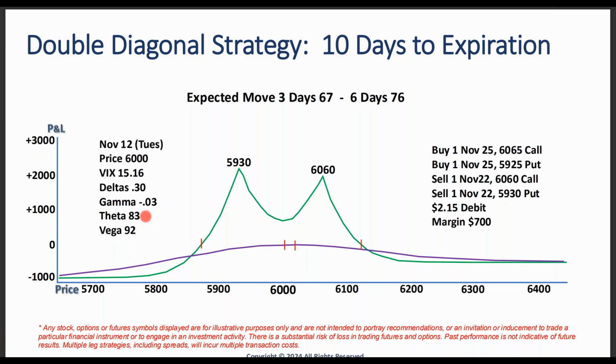They're theoretical, right? For example, that theta of 83, you know what that means? That means the day I put this on, it's saying in one day, this trade should make $83. If all you do in the pricing model is go one day forward from when I put this on November 12th to November 13th, it's saying I should make 83 bucks. My shorts will decay more than my longs will lose. My margin on the trade is $700. $70 would be 10%. That theta is saying 11 or 12% in one day, right?